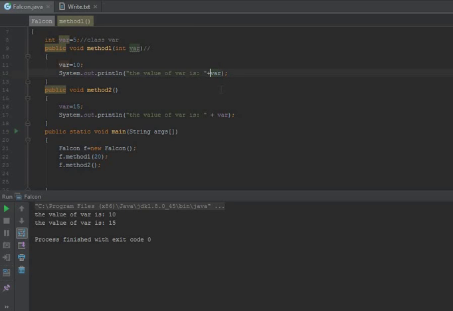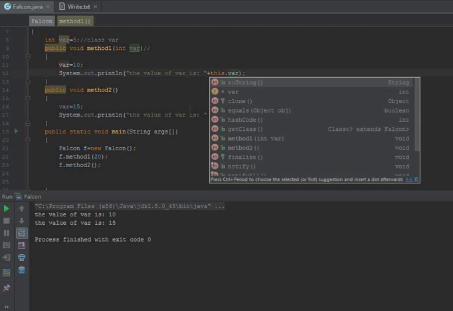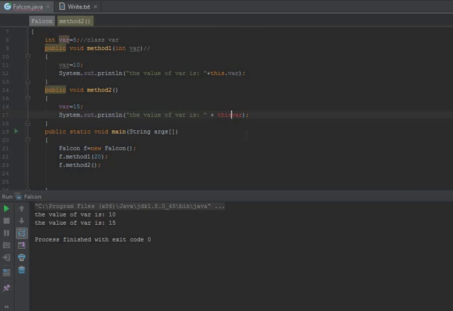the compiler doesn't know whether var is a local variable or a class variable or both. So if we need to refer to it, we're going to solve this by just putting the keyword this. This dot var is actually referring to the class variable over here. So now when we run this,